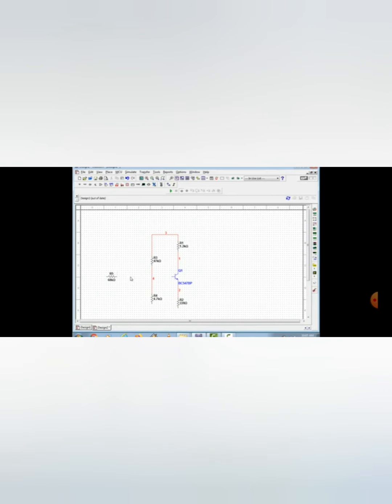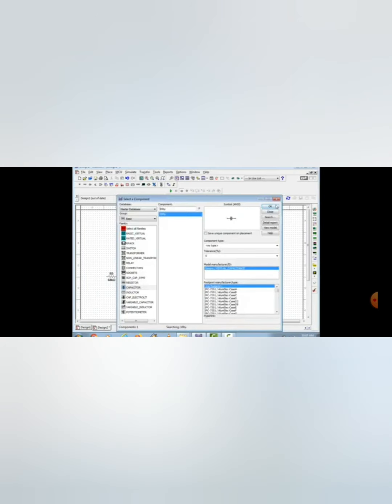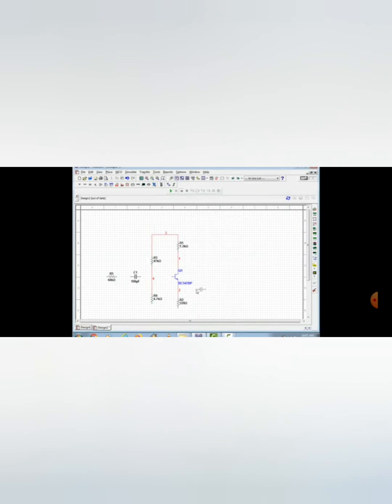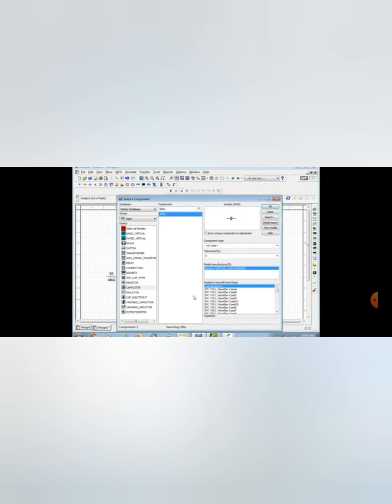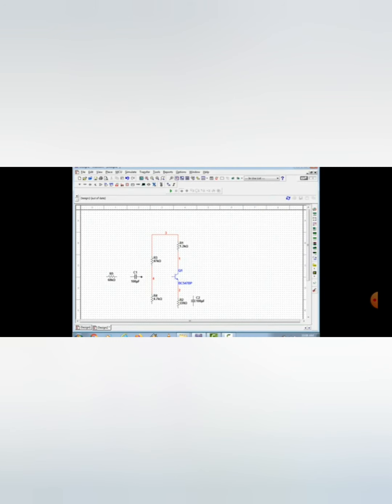This is the capacitor, the coupling capacitor. This is your biasing capacitor. Connect the transistor.